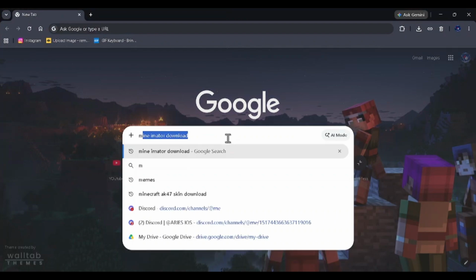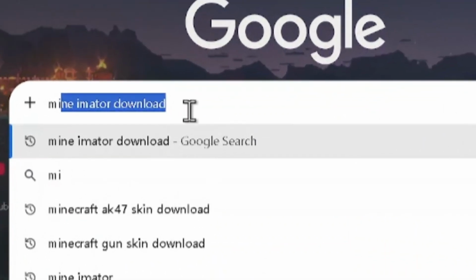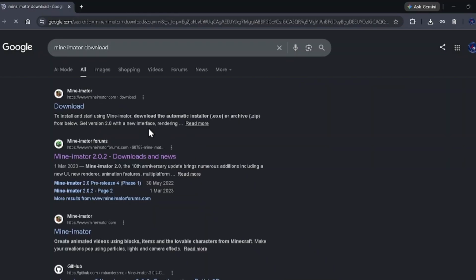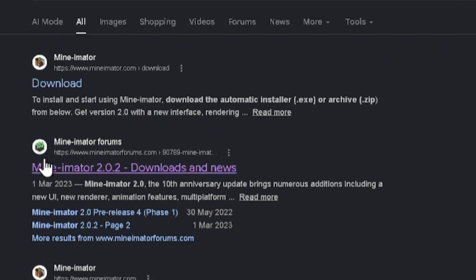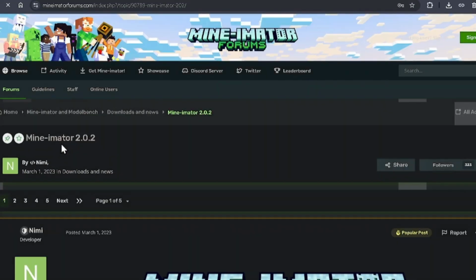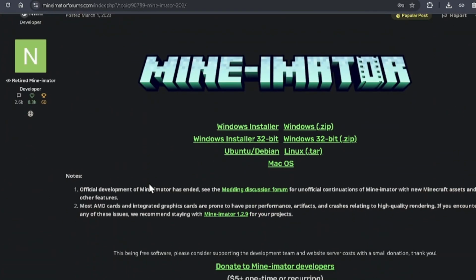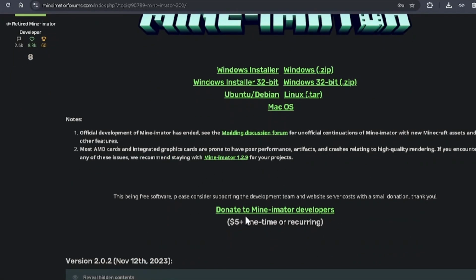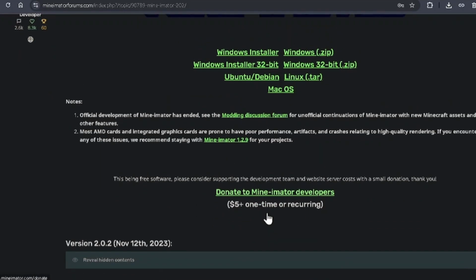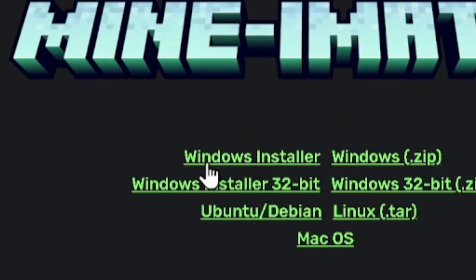Okay, first you want to choose your browser and search Mine-imator download and skip the first link. Go to the second link, Mine-imator 2.02 here. Now the official website is open. Here are the links for the Windows installer, for Ubuntu Linux, and Mac OS, and if you want to donate to Mine-imator, click here. I want to only download Mine-imator, so I click Windows,